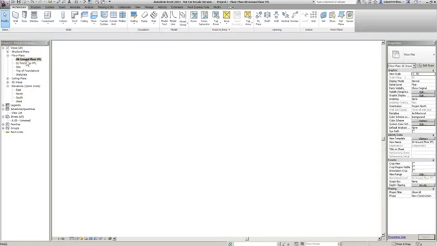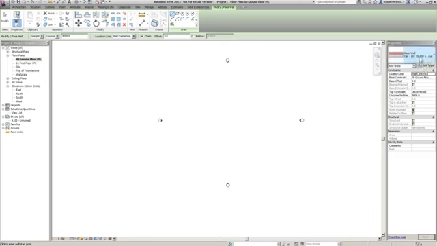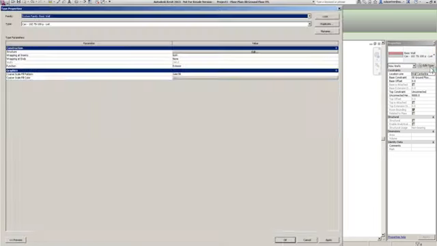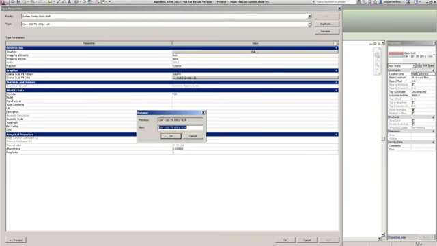What I'm going to do now is go to my ground floor plan and we're just going to draw. I'm going to go to my wall tag and choose a type of wall. We're going to base it on the basic wall that comes in here, but I'm just going to change some of the settings on it quickly. I'm going to rename it to stick a 100mm cavity in here